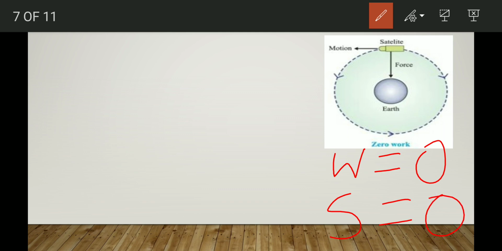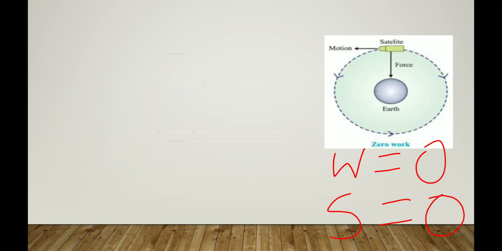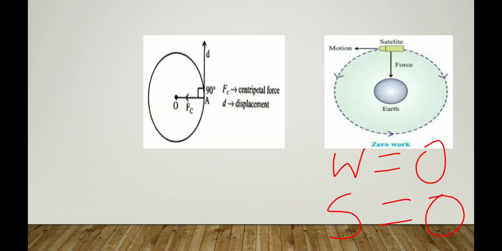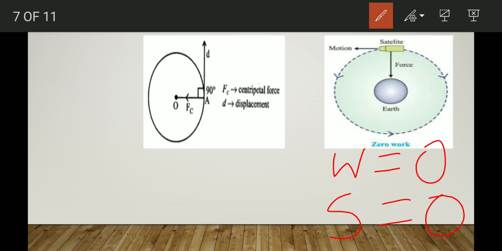Whenever a body comes back to its original position, displacement is 0. But if I ask you what will be the work done if the body has covered only half of the circle or a quarter of a circle, that means still here, then what will be the work done? Then also work will be 0 because at every point on this circular path,